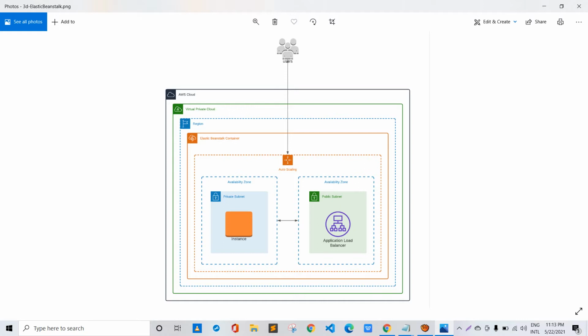So using the application load balancer DNS, we will be able to access the data that's present inside the EC2 instances that are deployed by the Elastic Beanstalk. So it's a pretty simple architecture, and we will also specify an auto scaling feature, and we will look further at this architecture in the demo. So let's talk about what we are going to create today.